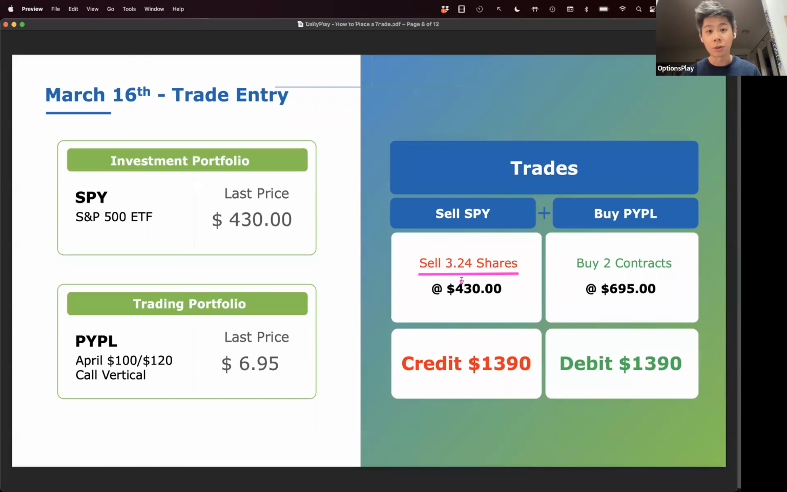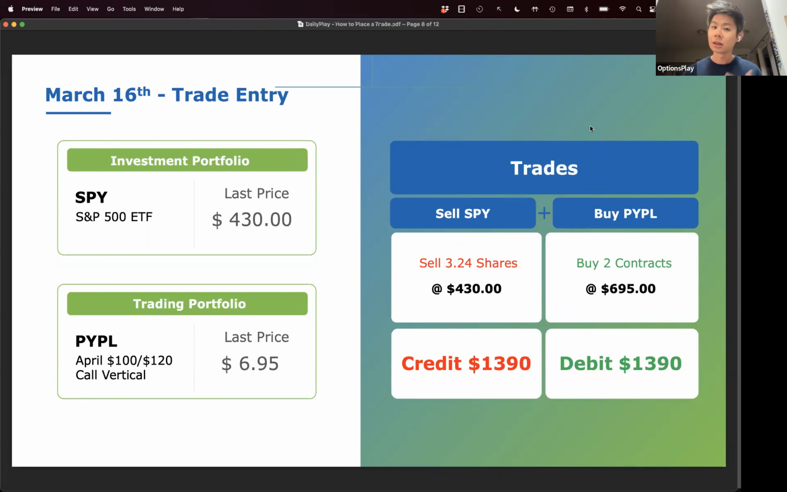Let's say you sell a little over 3 shares and raise roughly $1,400 from selling those 3 shares of SPY. You use those proceeds to buy the 2 contracts of the PayPal trades, and that's how you fund the trade of that particular idea. This is something you can do where you can remain effectively fully invested in your portfolio, but still allocate capital to these trade ideas or discretionary trades when these ideas come across your desk. And you don't have to necessarily have cash sitting aside waiting for these ideas to come across your desk